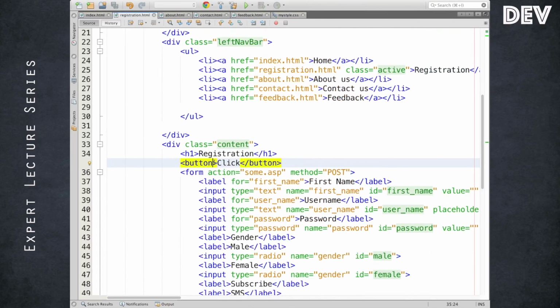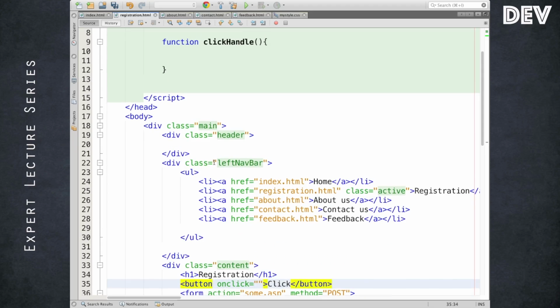So whenever the button gets clicked, I can use the onclick attribute and probably invoke a JavaScript function from there. So whenever this particular button gets clicked, it will automatically execute your JavaScript function. Okay, the easiest one, alert, a built-in method available in JavaScript.